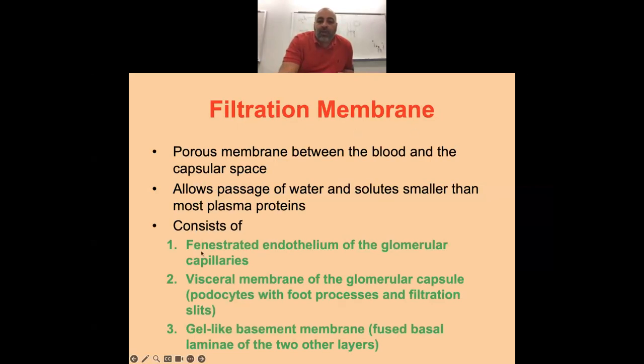So filtration membrane, what is it made up from? The fenestrated endothelium of the capillaries, so simple squamous. The basement membrane, and then the visceral membrane of Bowman's capsule, aka podocytes. That's it. So the problem with UTIs: if someone has a UTI, it goes up the urethra, into the